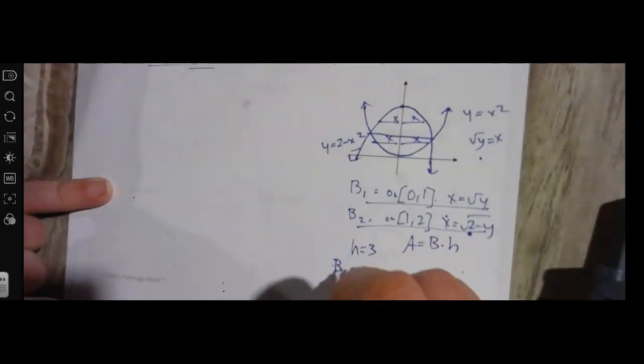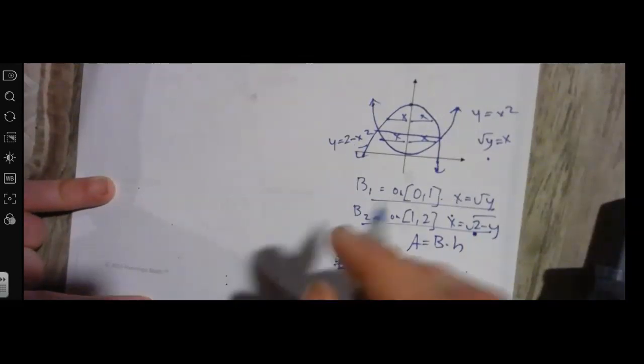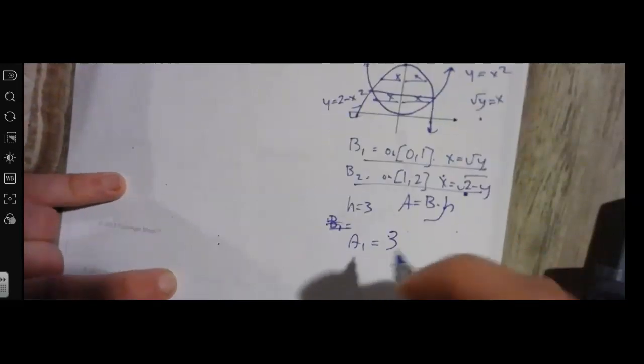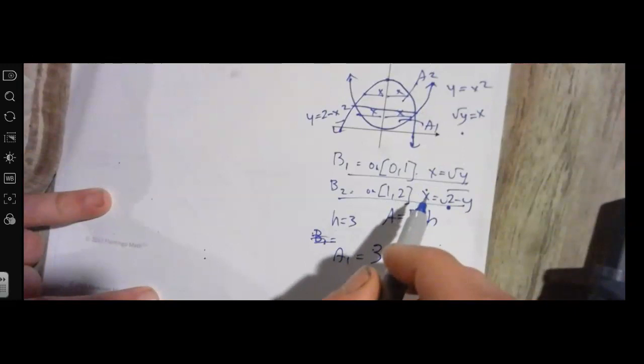So our first area, actually area 1, is equal to, oh, remember the height was given to be 3, so we know that's 3. And then, I'm doing the bottom one first here. Okay, so this is area 1. I'm calling that one area 1, and I'm calling this one area 2. So that area 1 there is going to equal to